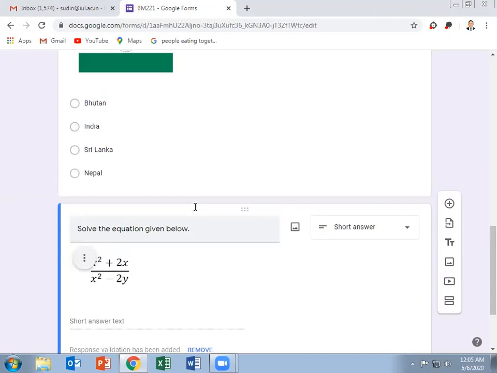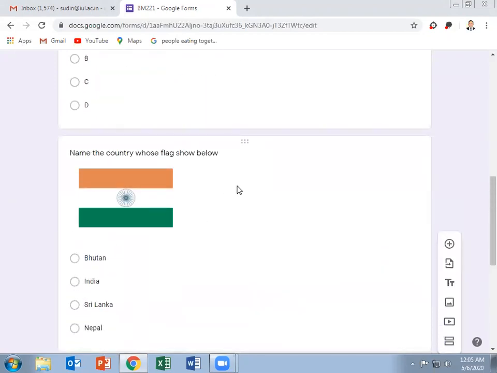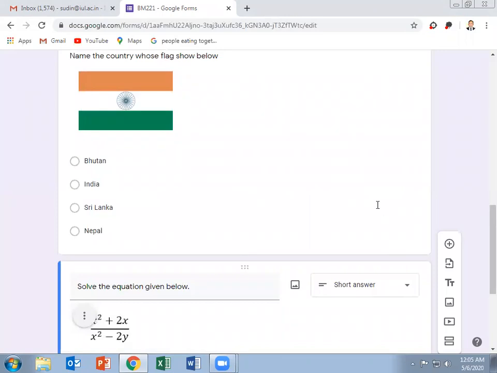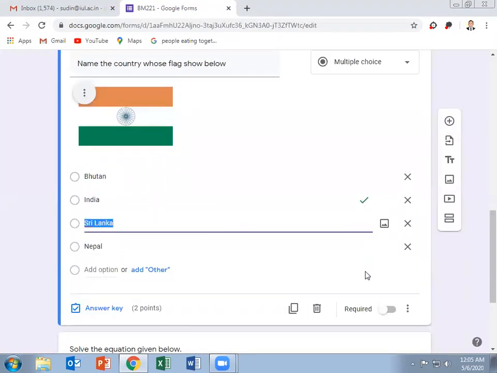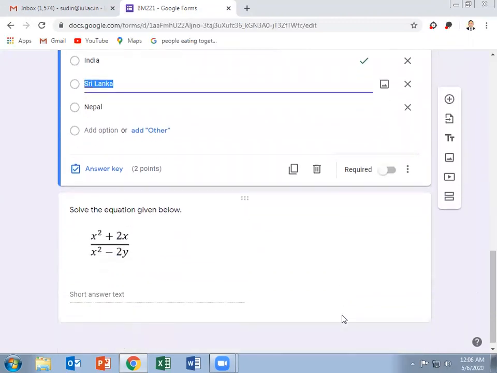Now one more thing, while preparing questions, please do not mark it as a compulsory question. For example, you must not click on this button, required. Why? Because a student may not be able to answer a particular question, he may skip. So we can give him the liberty that he may be allowed to skip any questions, or he may answer any questions which he knows, right?